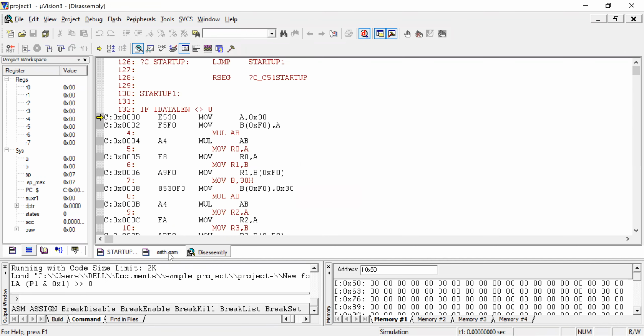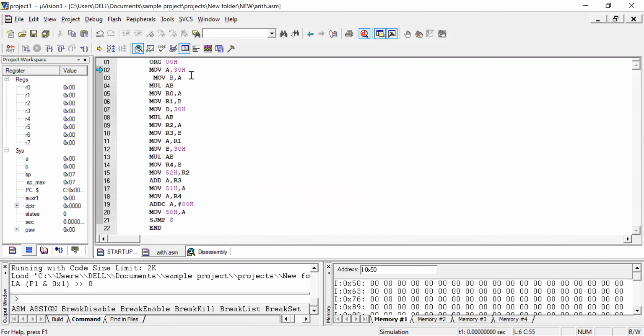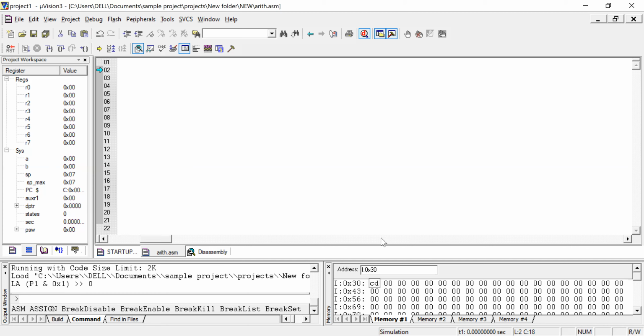For my program, 30H is my input location. So go to 30H and give my data. My data is CD. I have given my input data.